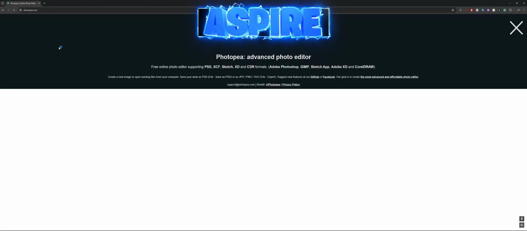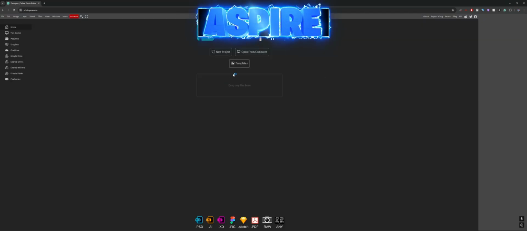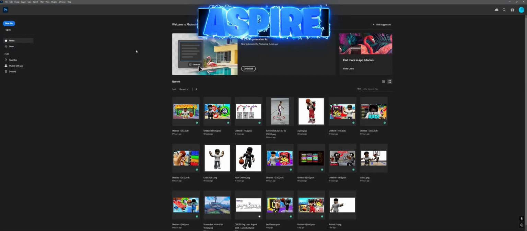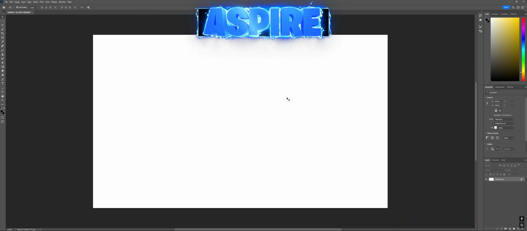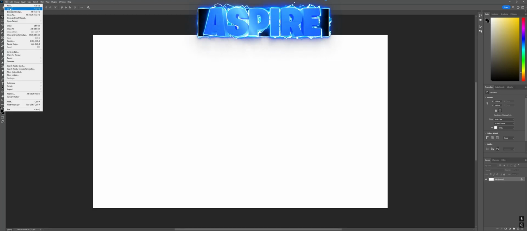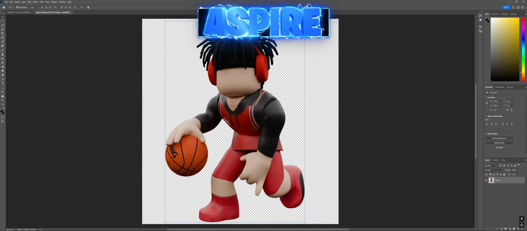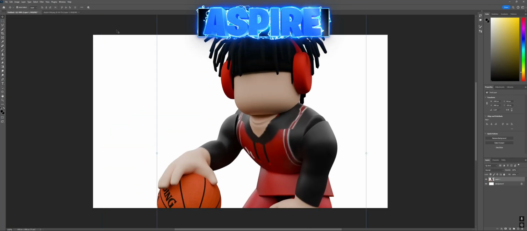This is basically Photoshop, but a free version. And it works the same way. Some functions may be a little bit different, but it's relatively the same. Now what we're gonna do is go new file, 1920 by 1080, and now we have this. Now we're gonna go to file, open, and you're just gonna want to open the render you just made. Now you're gonna drag this render into here,